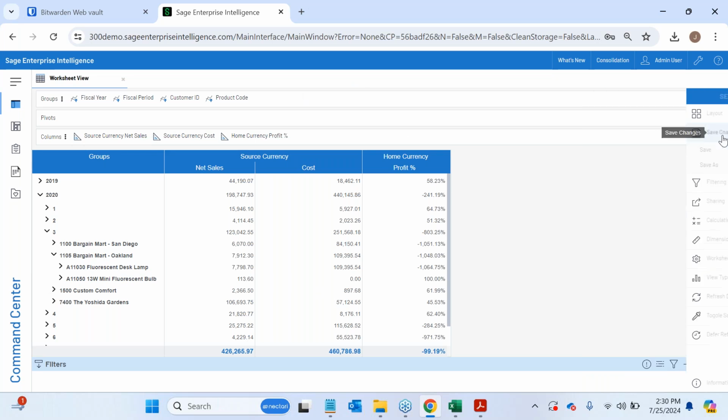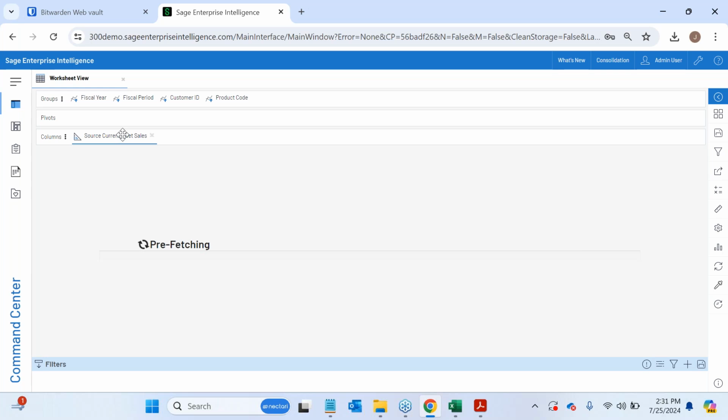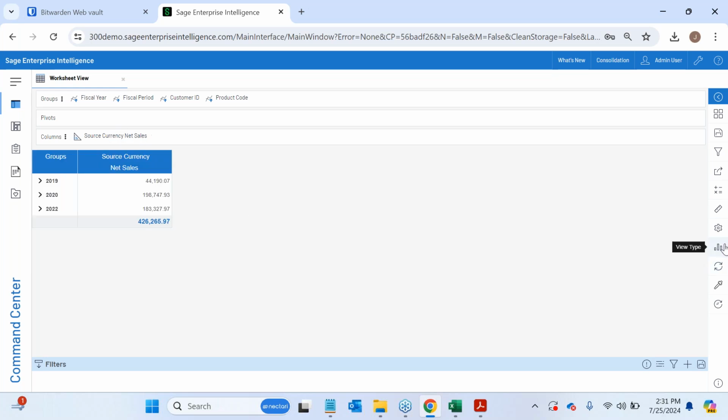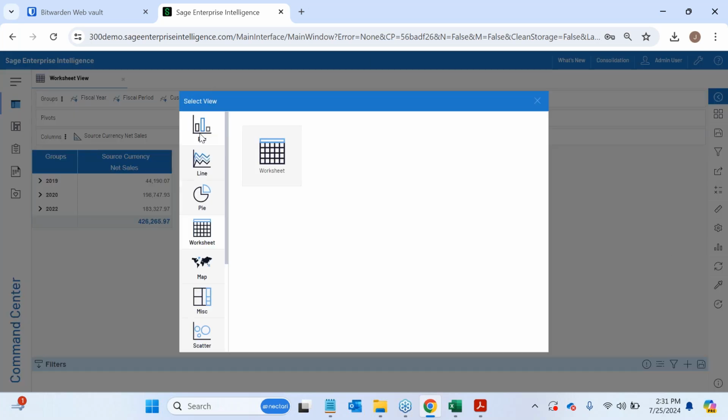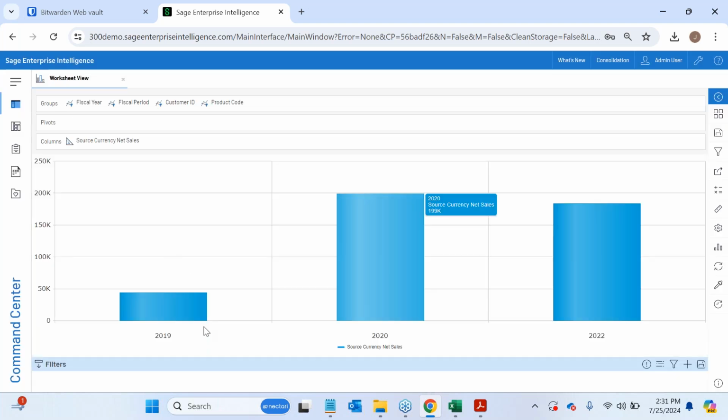And then once we are happy with the changes, we can always go ahead and save these. Or if we would like to make something more visual out of these reports, we can easily do that as well. So for example, if I would like to only keep one of these columns here, I can get rid of the costs by simply hovering onto that and keeping only net sales. And then what I can further do is to go back into the view type and change this data on this report into something more visual like a bar chart. So I'm picking a vertical bar chart here, which now